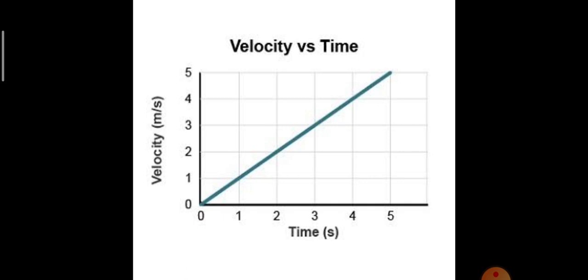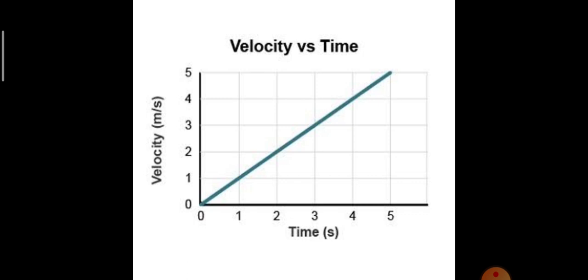And how can we take OB in this case? It is T2 minus T1, since time is on the x-axis. And how can we take AB? Since velocity is taken on the y-axis, we can take V2 minus V1. So we can say that the area is half into (T2 minus T1) into (V2 minus V1). Like that we can calculate the magnitude of the displacement.